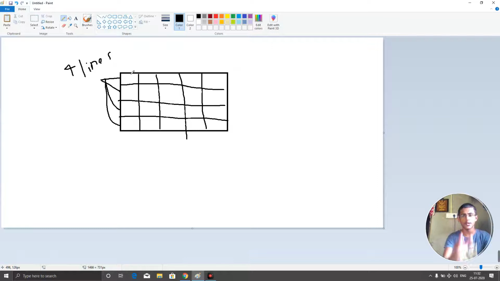Here each column, we can just call it a column, or we can call it a pixel. There are lots of pixels. Here 1, 2, 3, 4, 5 columns are there, so 5 columns and 4 rows. These are all the pixels. Just consider only this one. Each pixel